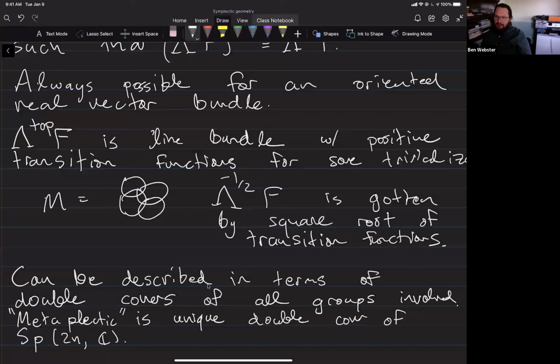I mean, there's sort of a general mathematical framework for the idea of, if you have a bundle, how do you extend that to a bundle over a central extension? So you can phrase all of this in terms of, in order to get a square root, you need to take your frame bundle and change its structure group to be some central extension. So I'll at least say a little something about that next time. Okay, thank you.